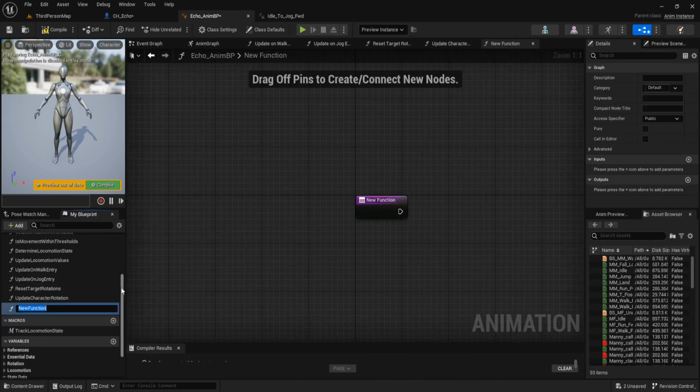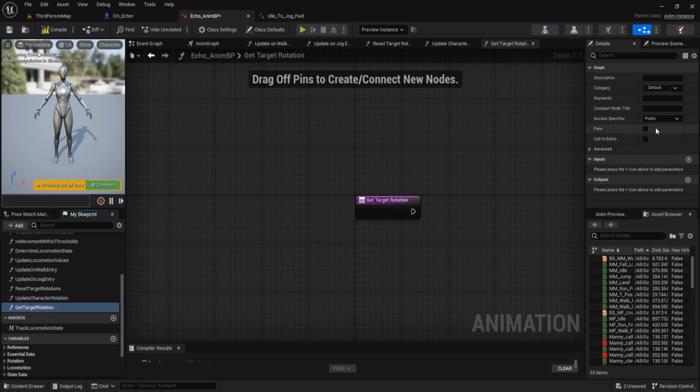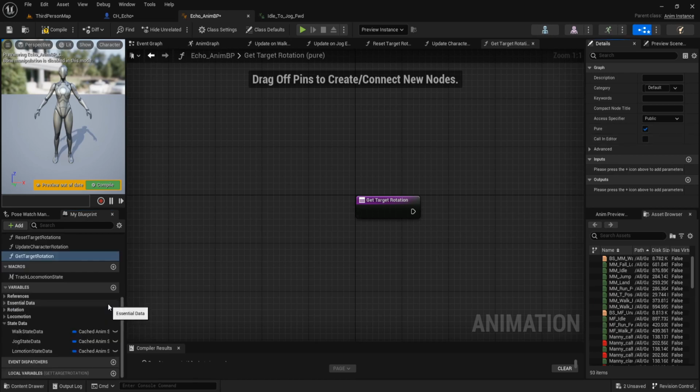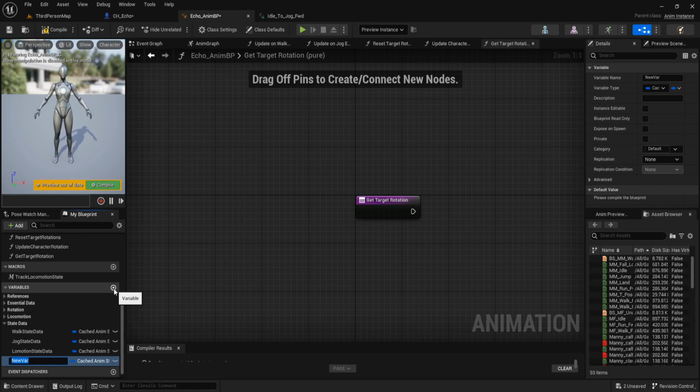Add new function. Name is get target rotation and set it to pure function. And add variable. The name is do input vector rotation.